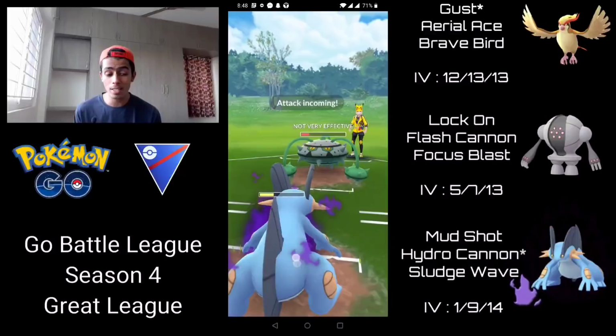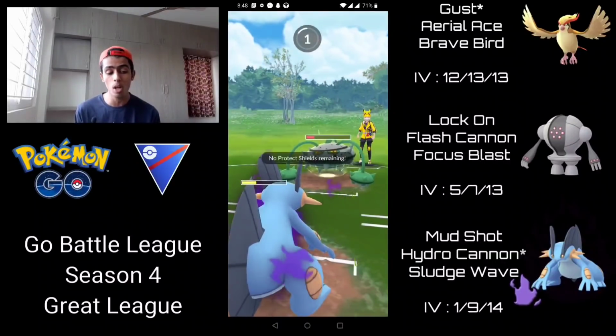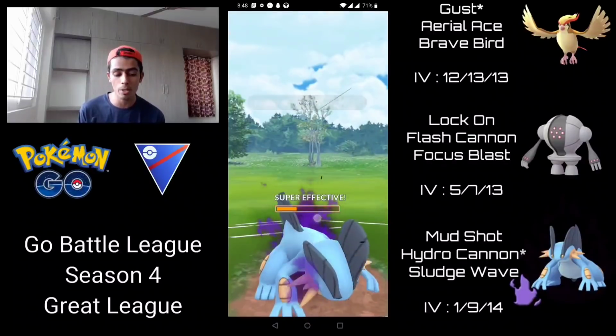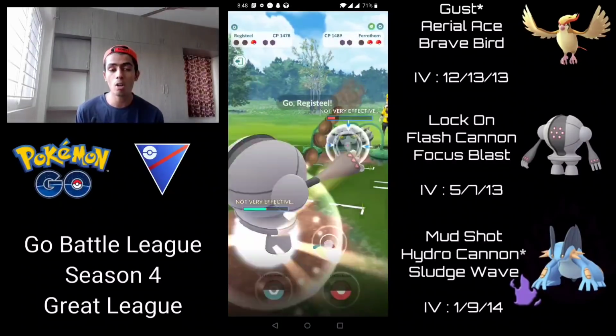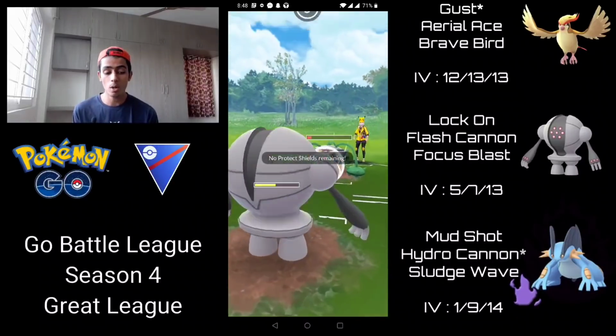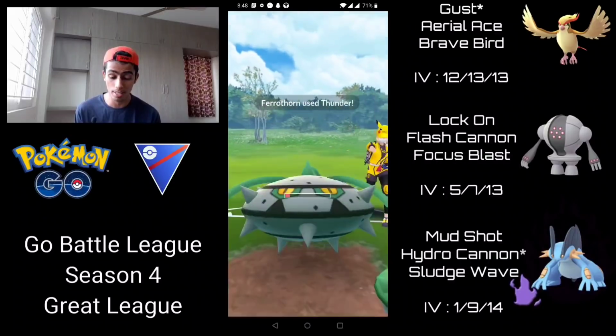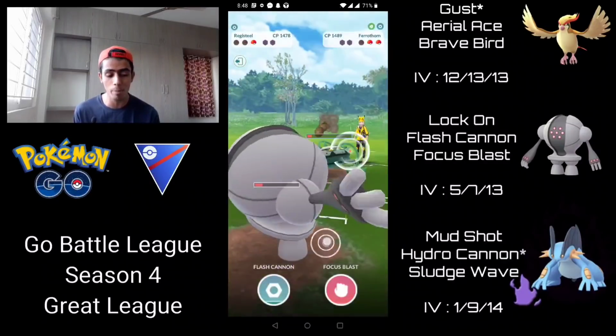Luckily, it also ends up being a CMP tie, which is really good because now they're going to throw their charge move, which is really good for us. So my only win condition right now is to come in with Registeel and completely lock on farm this Ferrothorn down so that I can get off a Focus Blast onto this Scrafty, right? So charge move coming through. If it's a Thunder, it's going to do quite a bit of damage and put us pretty low here. It is a Thunder, so this is not a great situation to be in,